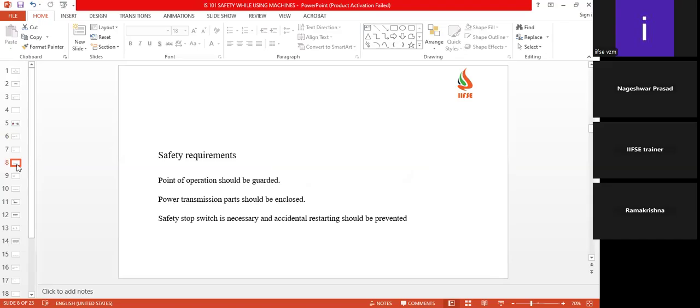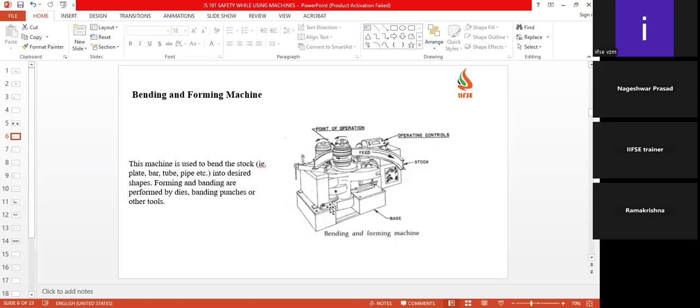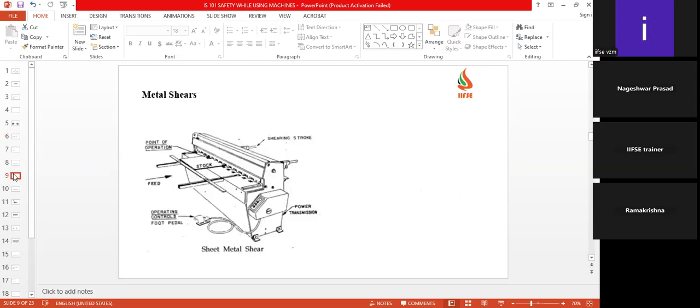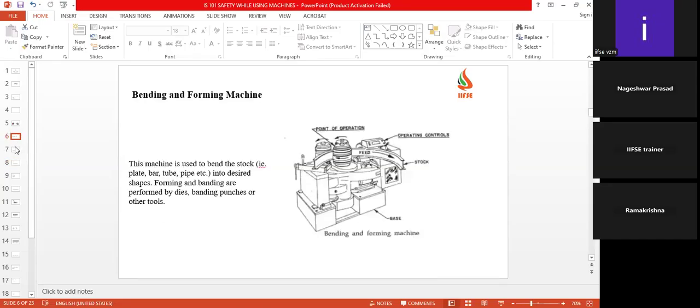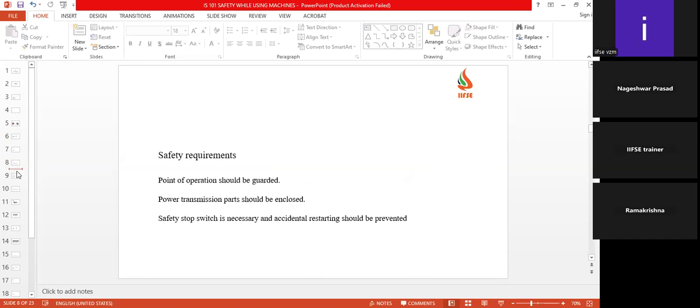Then power transmission parts should be enclosed. For the rollers there will definitely be a drive, a prime mover. Those drives should also be closed. Then safety stops are necessary, and accidental restarting should be prevented. Safety stop is nothing but, again, an emergency stop button. Then accidental restarting: sometimes, whenever you're feeding a raw material, due to the load,